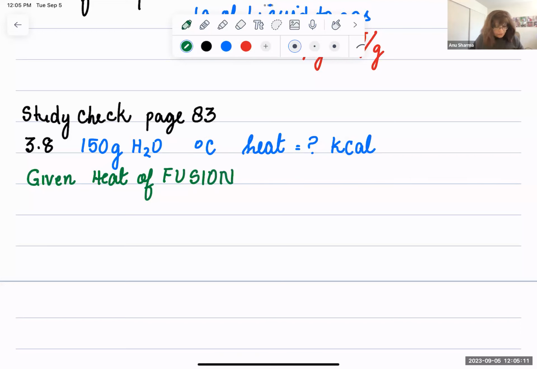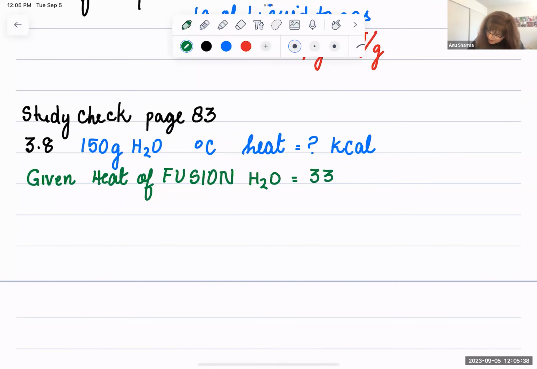Every substance has a different heat of fusion. For water, it is